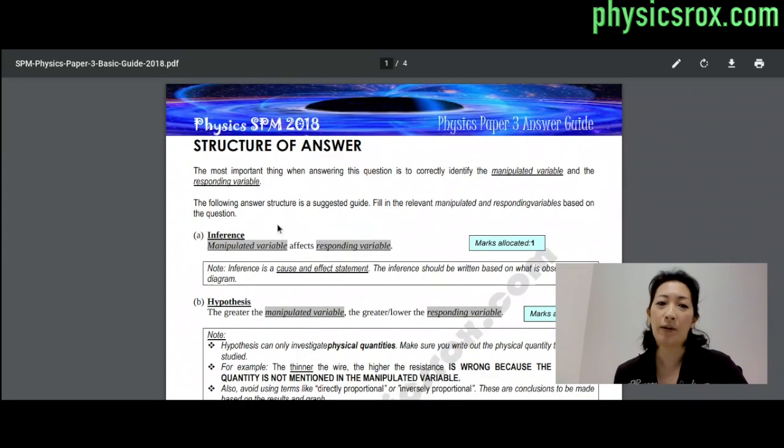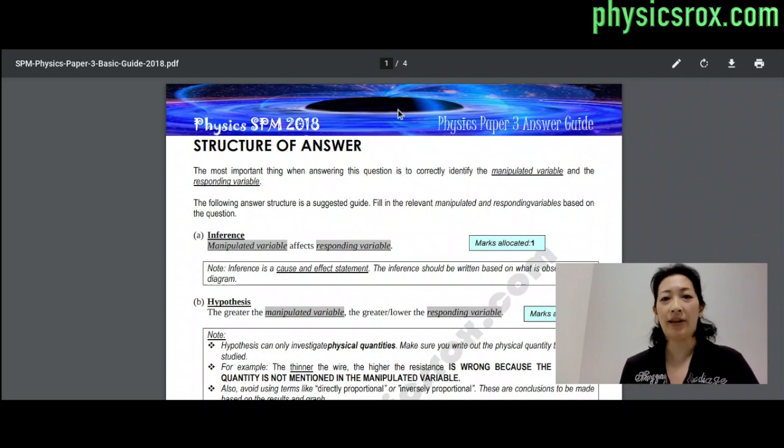So what's in this paper? Now, I know it says 2018. Don't worry about that. It's actually exactly the same. The format hasn't changed since 2006. I just put 2018 because this was the last time I edited this file. But no changes have been made since then because they were not necessary. All right. So when it comes to physics paper 3, section B,